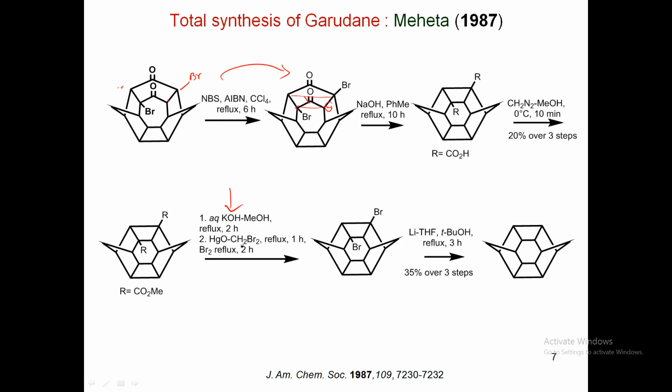and finally under this condition they have incorporated bromo, again two bromo they have incorporated, and with lithium THF tert-butanol condition, lithium halogen exchange followed by protonation, just like that they remove the bromines and incorporate protons. So that's how they have completed the synthesis. This experiment is from 87, done by Mehta,